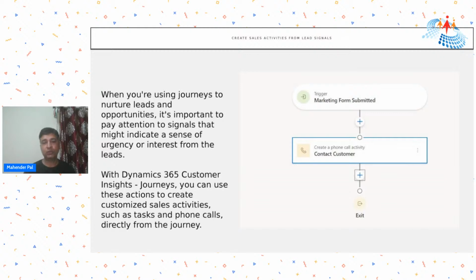Actual business. So while designing our journey here, we have different ways that we can add triggers, we can add actions. So for example, when someone filled that marketing form and we got that response, we want to create a phone call activity to contact the customer. Okay, so as soon as we get that response, we want to call the customer, and we want to tell them some more information about the product or services that we are doing marketing